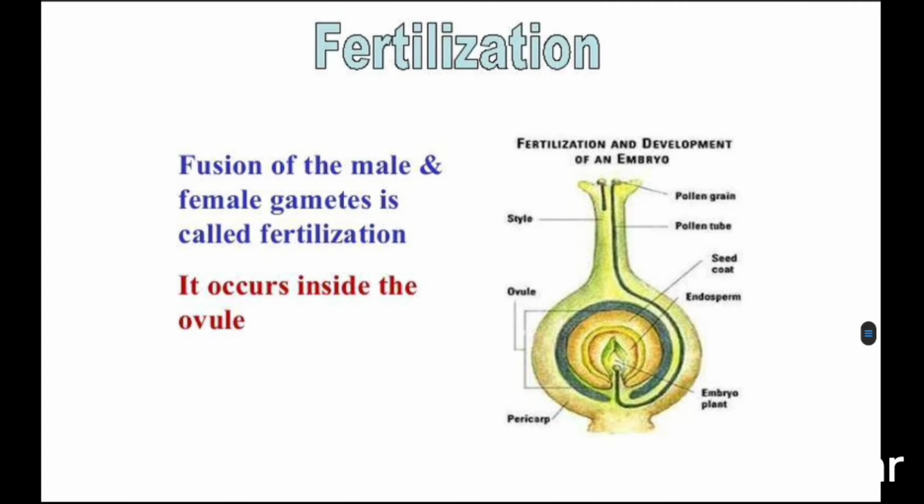So now you know that pollination happens. From the anther, the pollen grain reached on the stigma, right. So pollination has happened, the pollen grain from above the anther reached on the stigma. Now you can see that these are the pollen grains on the stigma. Now what will happen? Once that pollen grain reached here, from the ovary a chemical signal will be produced, right.